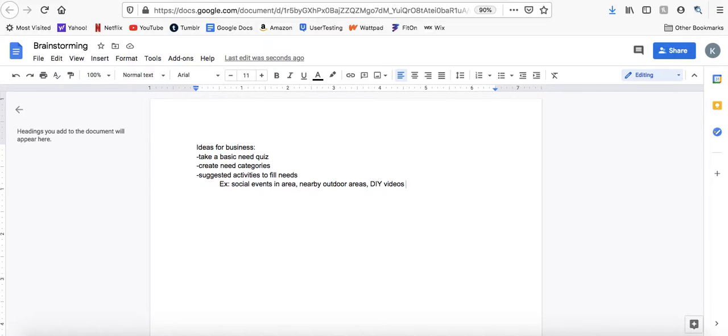And also it would have the breakdown. And so then you would be able to see like this fills this need. And so you'd have a pie chart of your categories, and it would kind of shade in. So say my categories would be like 54% companionship and 36% creativity or something.